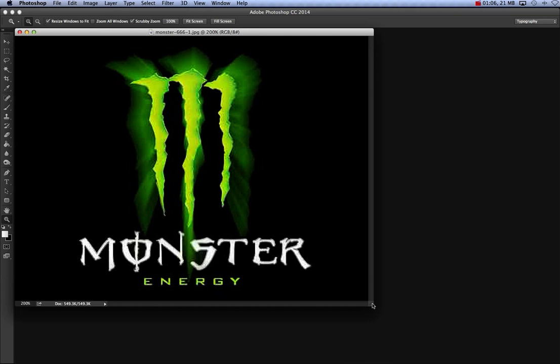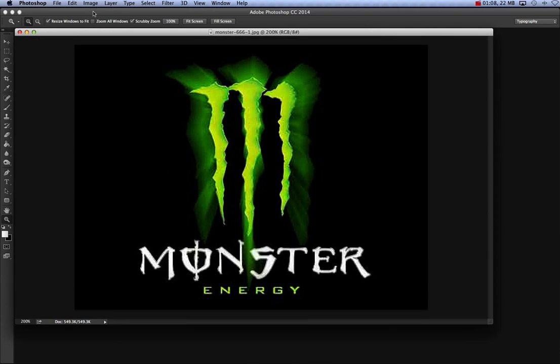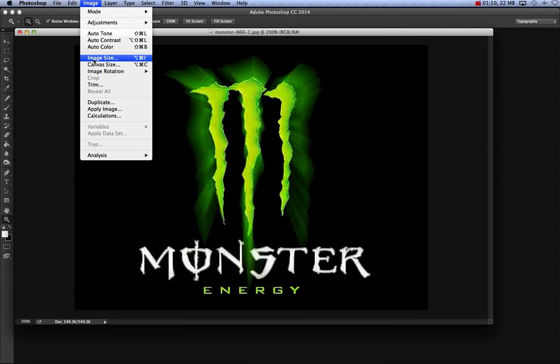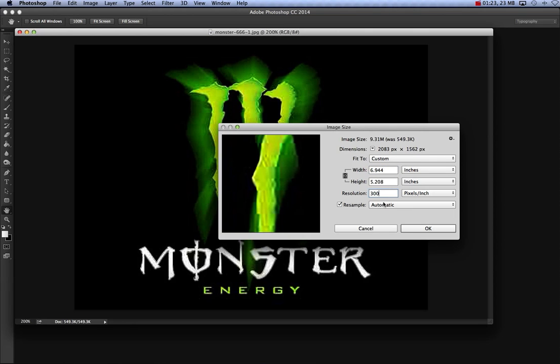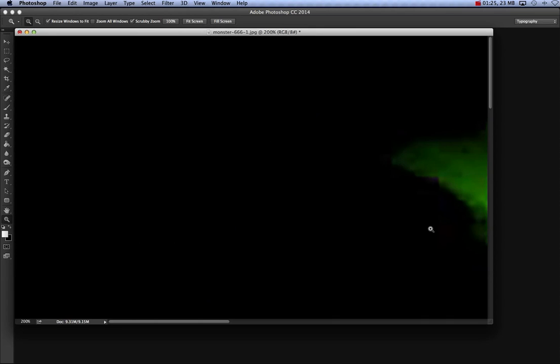So the first thing I like to do is look at the image size. So I'm just going to go to Image and Image Size. And this logo is very small. It's about 7 by 5. And so it's not real big, and the resolution is low. So I'm just going to change this to 300. Now changing it to 300 is going to make it over 3 times bigger than original,